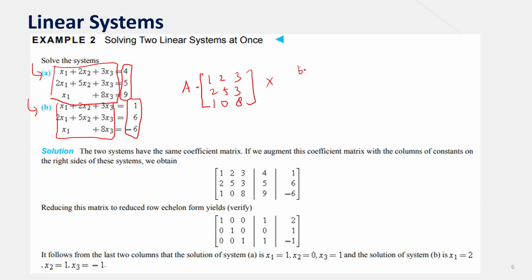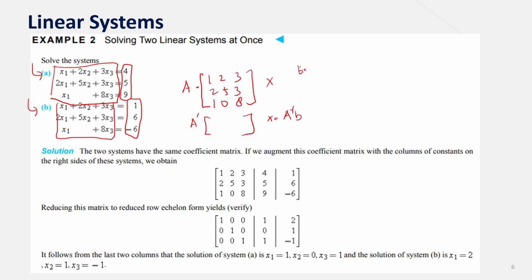Okay, and well, if you want to solve each system, of course you can go back to the previous theorem where x will be equal to A inverse multiplied by B. So you just need to find the A inverse once. Yeah, right. But another way, instead of solving them separately, in the textbook